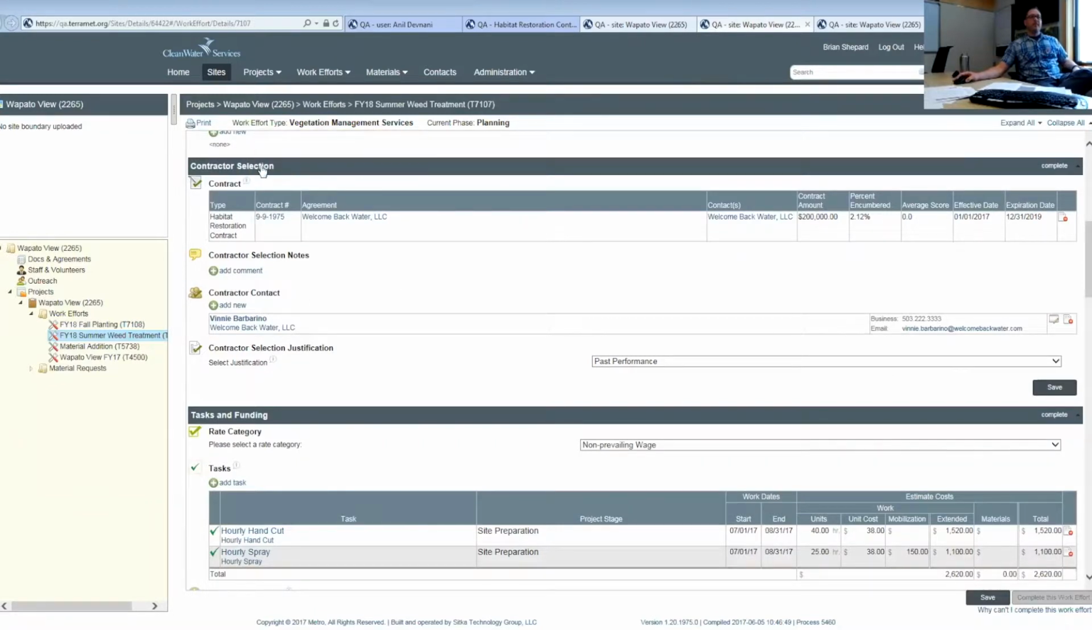Moving down a little bit, we get into our contractor selection section. So we've selected the welcome back water contractor that we created for the demo. We can provide comments on why we chose that contractor for this particular work effort. The contractor contacts are available, so we know who within that contractor organization is responsible for actually doing the work, what their point of contact is, and we can provide contact information, phone numbers, emails that are all tracked on the back-end administration side within here, which is really helpful, especially if a project manager is on vacation,